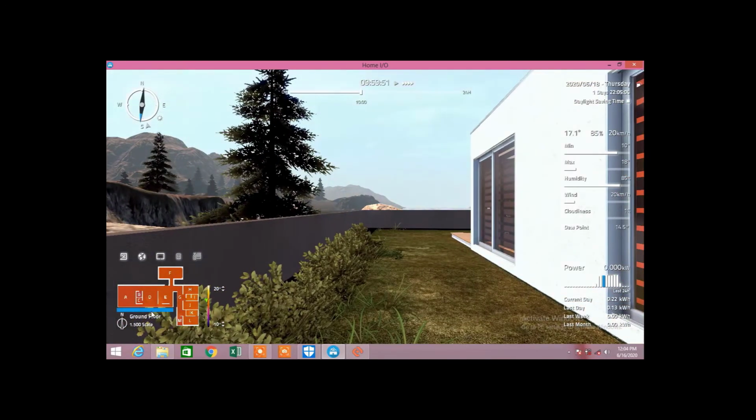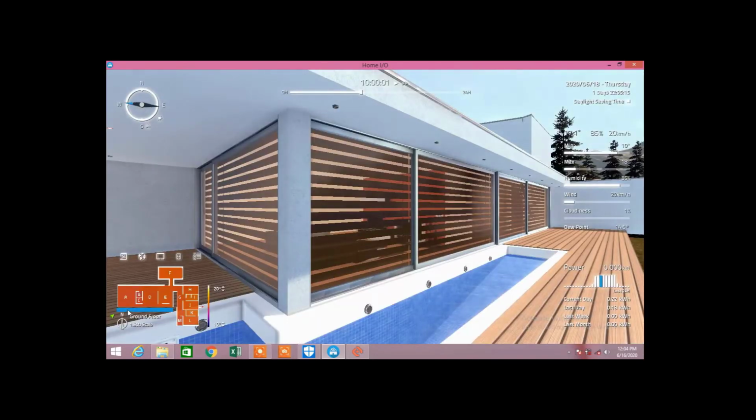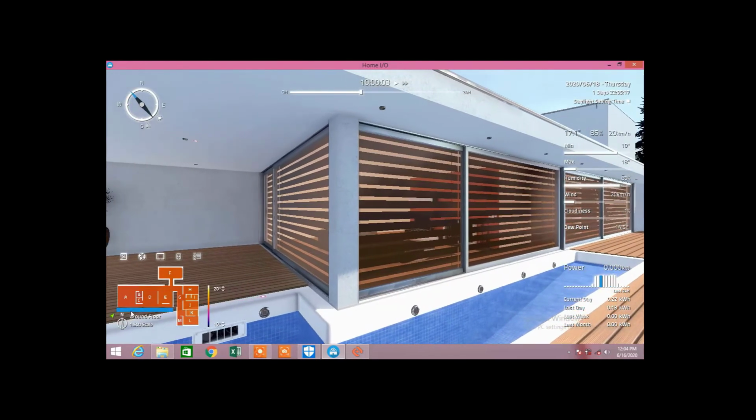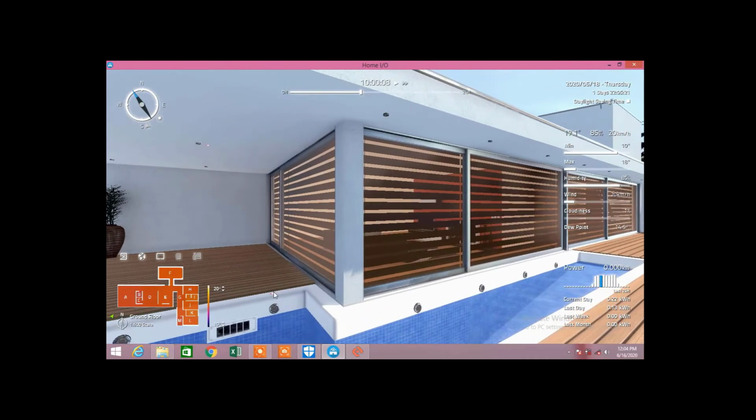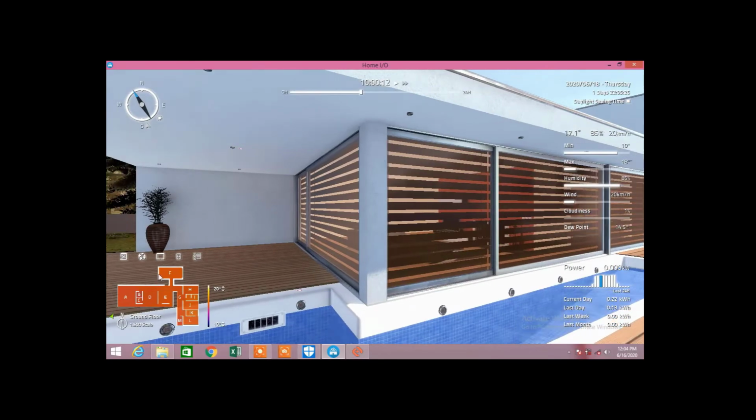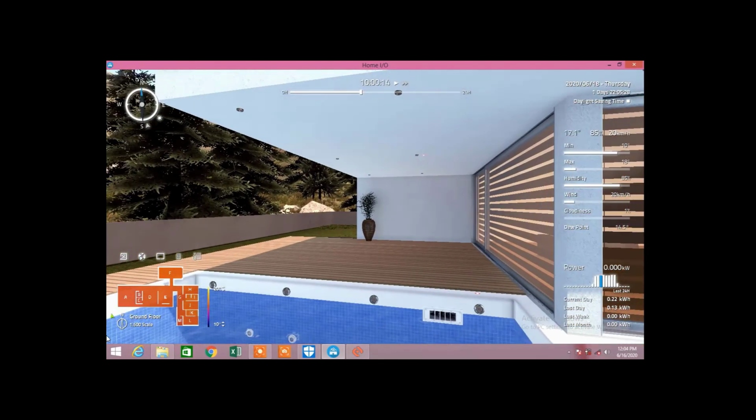In order to quick travel, you can select a particular zone in your diagram. So I want to travel here. Like a game, you can travel anywhere. This is our pool light. You have to change it to blue color. So I think I have to go there.